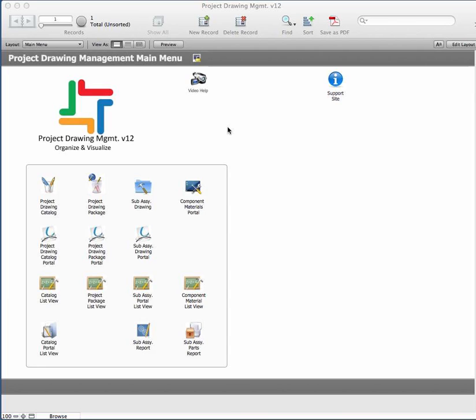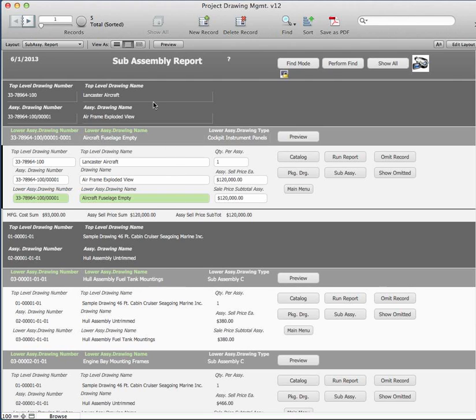In this video, we're going to cover, under the subassembly drawing column, the subassembly report. So let's go ahead and look at that. The subassembly report is about what it says it is. It shows the top level item, the assembly drawing name, and then below that it's going to have the detail information about the lower level assembly and the individual drawing function or process that you want to cover in the